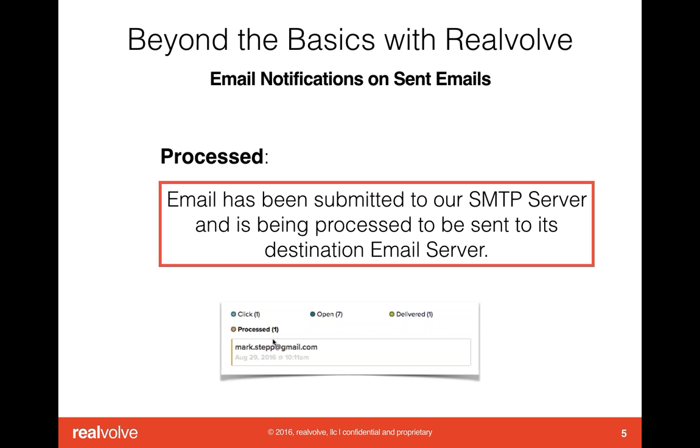Whenever that happens, once it reaches our servers, we get notified that this email has reached us. We've gone to our server that's getting ready to send it out. That's all it is. It's just that it's there, it's ready. Now, we send out hundreds of thousands of emails all the time. So we send them out quickly, but it could be caught in a small queue, and as you're going through that, it may take a second or two before it shows process. But once it shows that process, you know that it's actually hit our server and it's getting ready to be